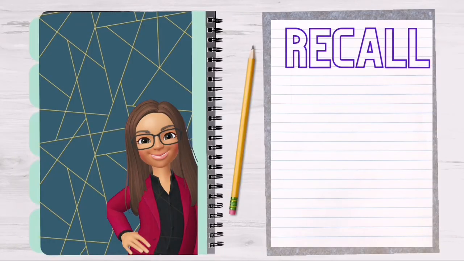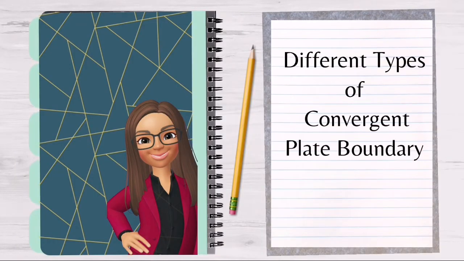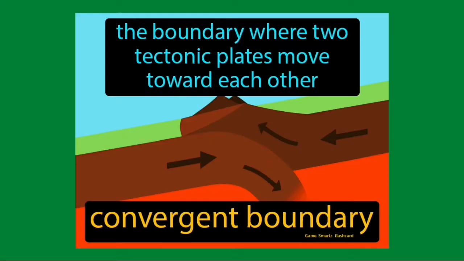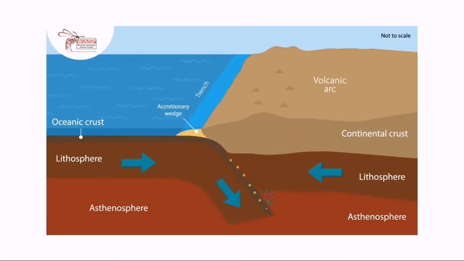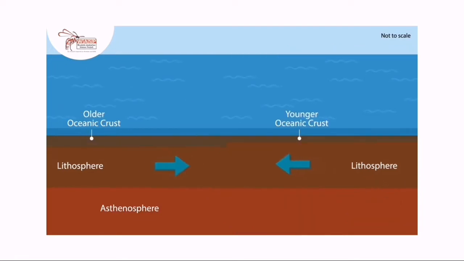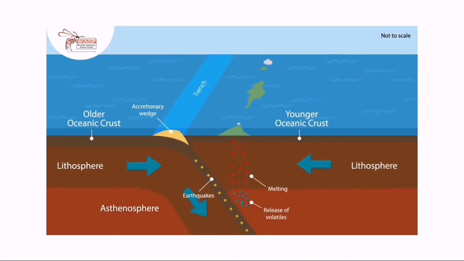Let us recall what we have learned from our past lesson. We have learned about the different types of convergent plate boundary. In convergent plate boundary, the lithospheric plates are moving towards each other, wherein the leading edge will be subducted and turned into magma. The convergence of oceanic and continental crusts give rise to the formation of trenches, volcanic arc, and earthquakes. The convergence of two oceanic crustal plates lead to the formation of trenches, volcanic island arcs, strong earthquakes, and